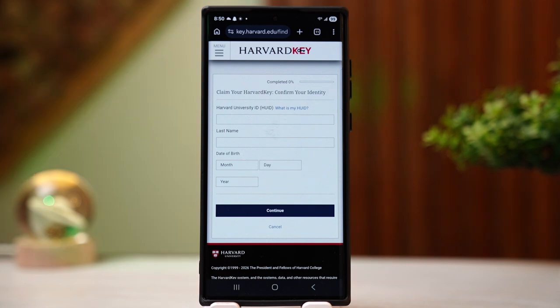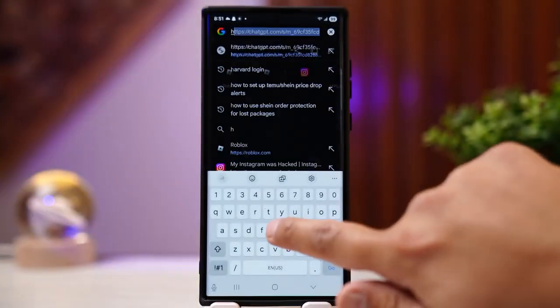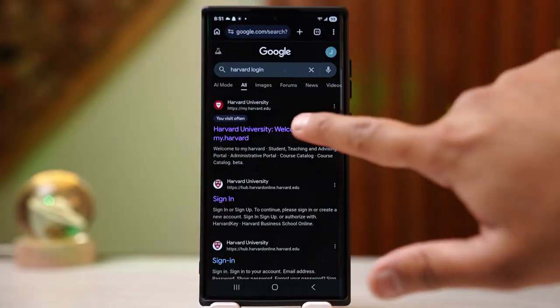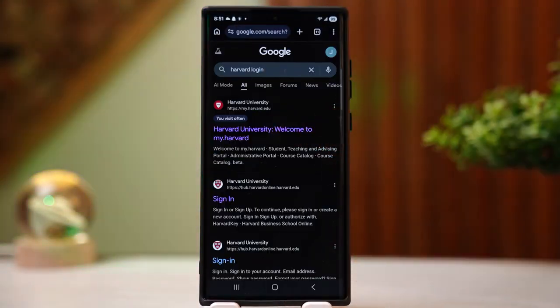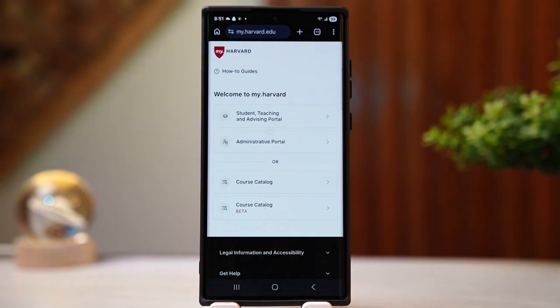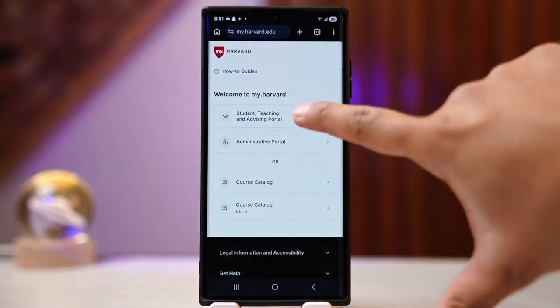After you've got your Harvard Key, you can type in Harvard University student login in the search bar, and then head over to My.Harvard, my.harvard.edu. Tap on Student Teaching and